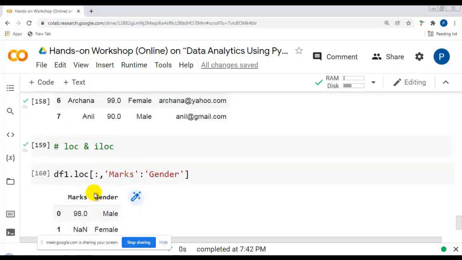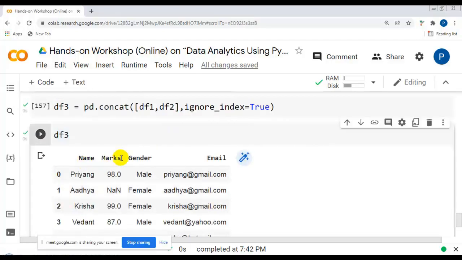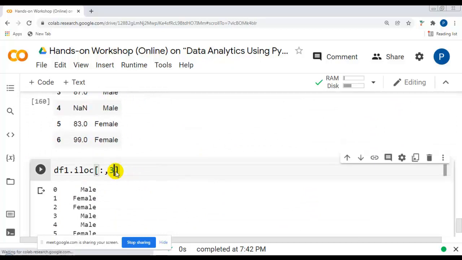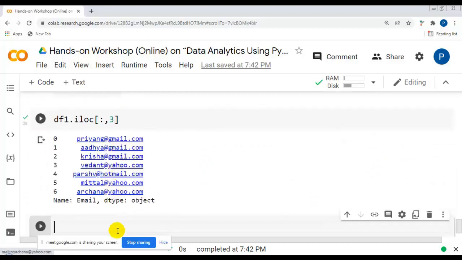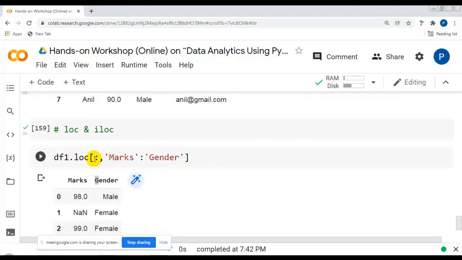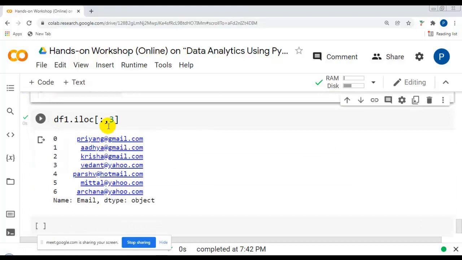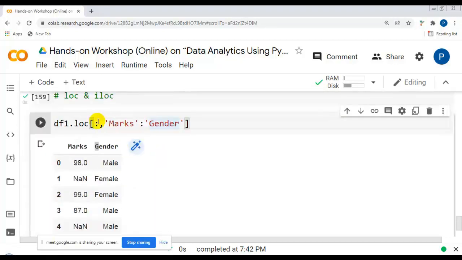You can see male and female. Columns are 0, 1, 2 and 3, and I want email, so I have to write 3 by index. You can see all the rows. So this way we can use loc and iloc. Please remember, in loc both values are inclusive. Here in iloc, the first one is inclusive and the last one is exclusive.